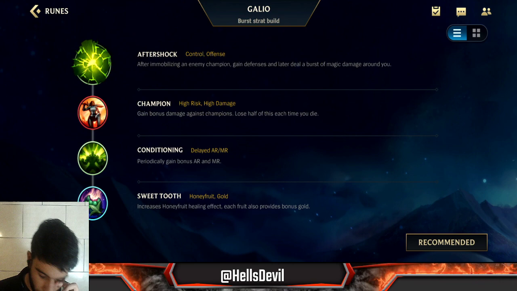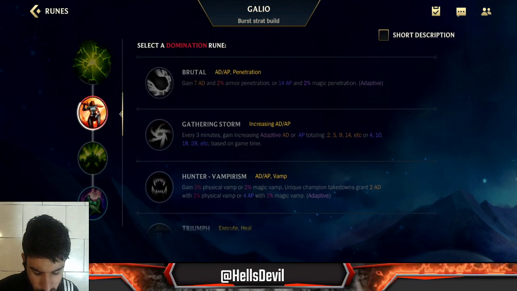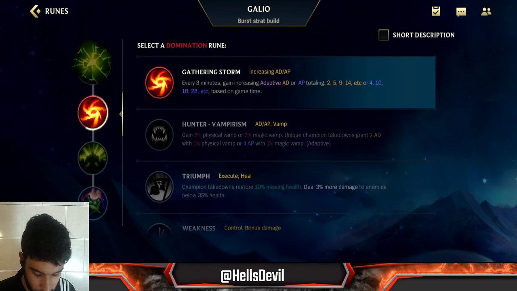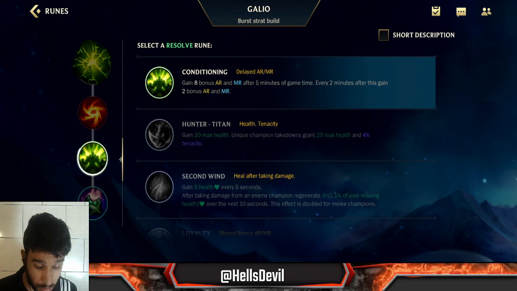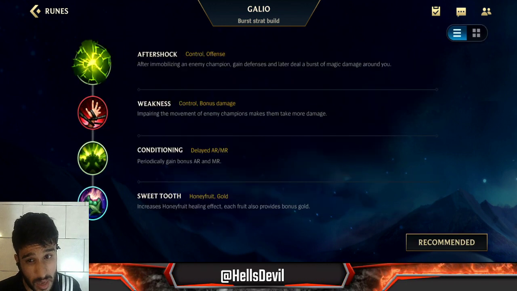See, look, here it gets interesting. For the majority of the time, I played Galio with Brutal, because I was like, yeah. I sometimes even played him with Gathering Storm, because I was thinking I'm going for Conditioning. I just want to reach the late game. It's true, with Galio late game, you're actually really strong. But let me tell you guys a thing. Sometimes I would even play Weakness, and